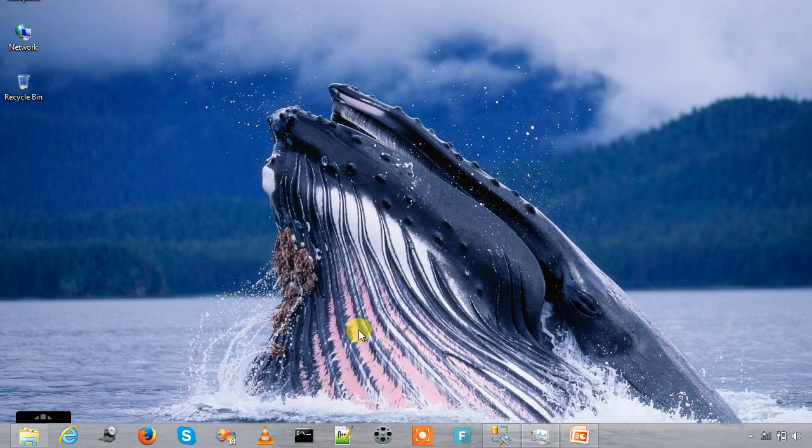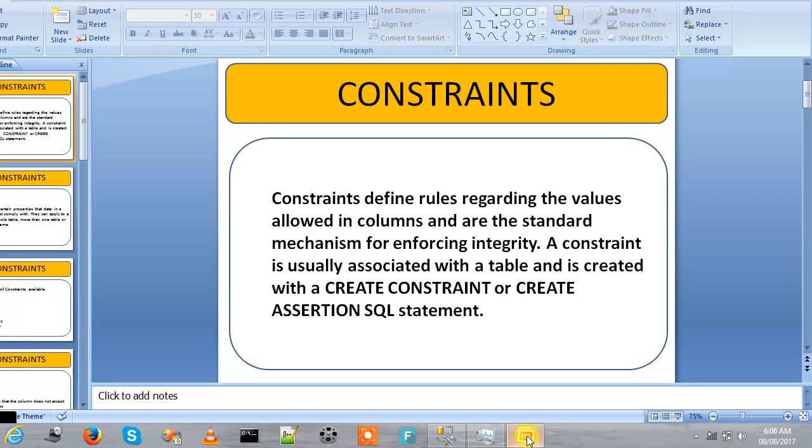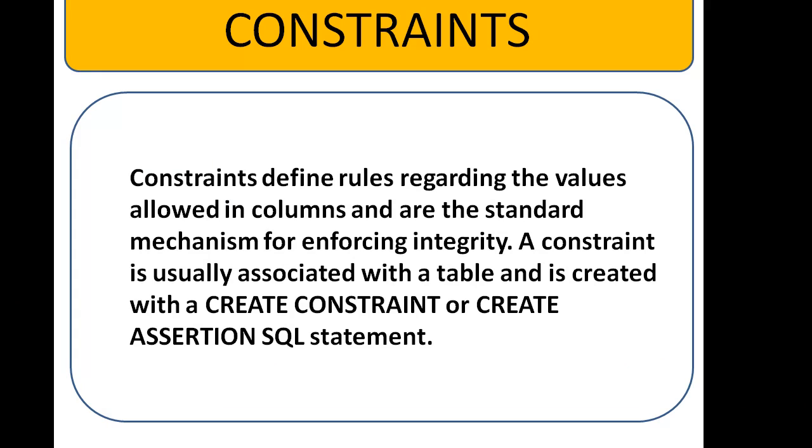In this session we are going to see about constraints in SQL Server. Constraints define rules regarding the values allowed in columns and act as a standard mechanism for enforcing integrity. A constraint is usually associated with a table and is created with a CREATE CONSTRAINT or CREATE ASSERTION SQL statement. There is a syntax to create a constraint to define certain conditions, that may be a data type or any integrity